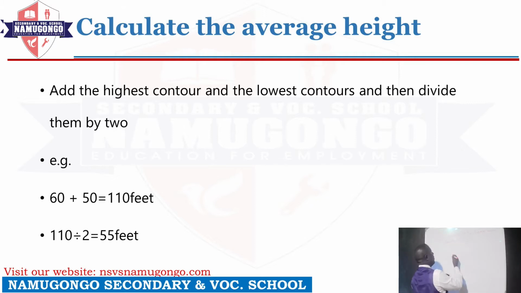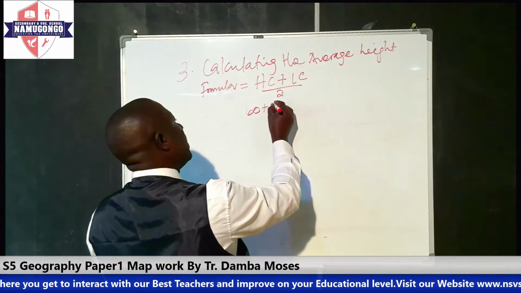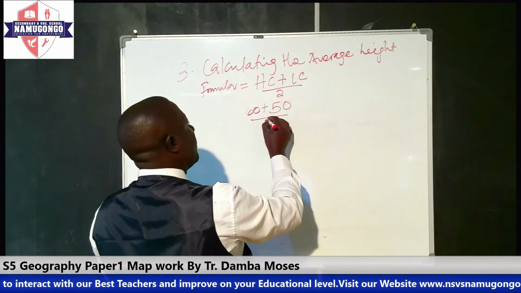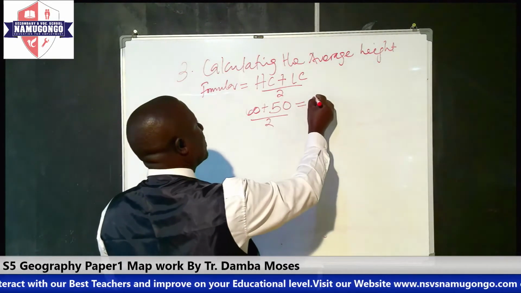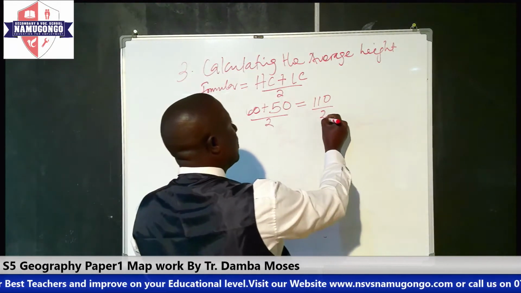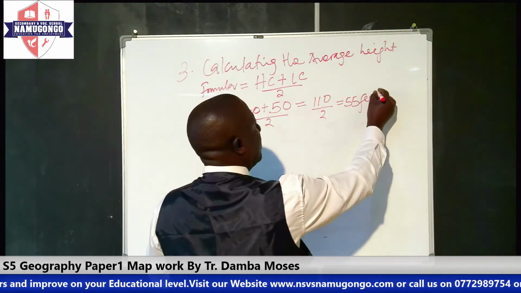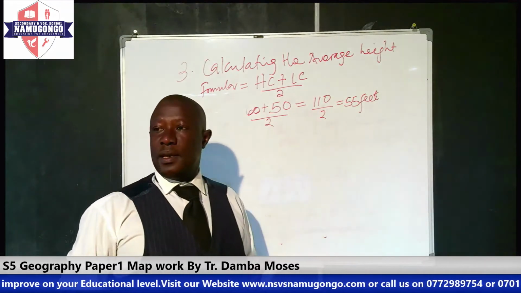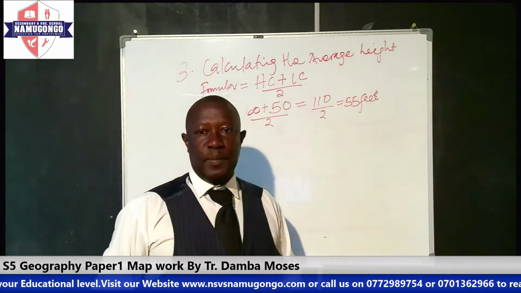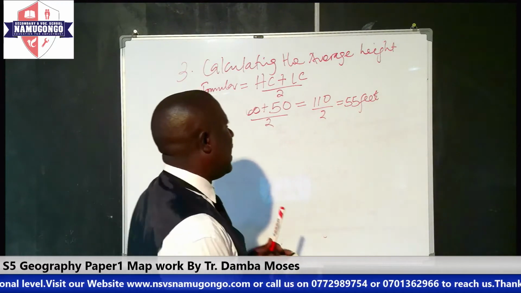So let's assume our highest contour was 60. We add the lowest contour of 50, and then divide it by 2. This one will give us 110. When we divide this by 2, it gives us 55 feet. And by doing this, you will have described the relief simply. Okay? And then the fourth way of describing relief is by giving us